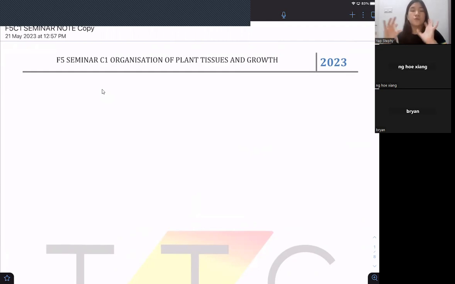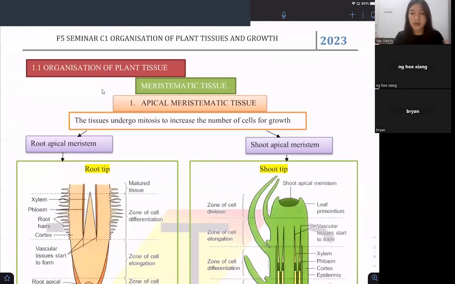So first, the most important thing today is we'll do revision to prepare for our first term exam. Later we will revise everything inside Chapter 1, and also try the exercise. If there is any part that you don't understand, just let me know. Okay, for the first thing, come to see page 2, organization of the plant